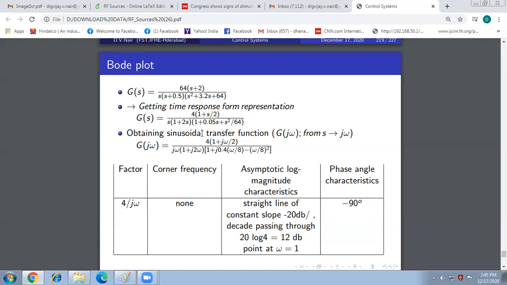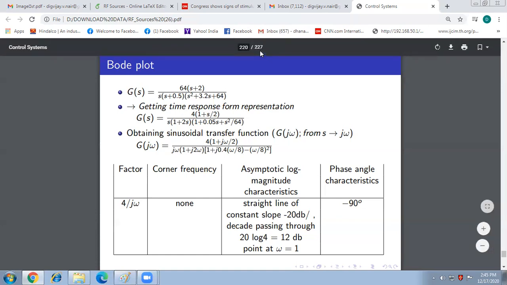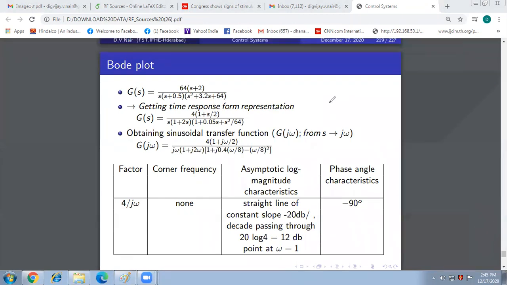So now we know that the first step which we need to do is to convert the given transfer function here. The given transfer function we need to convert into the